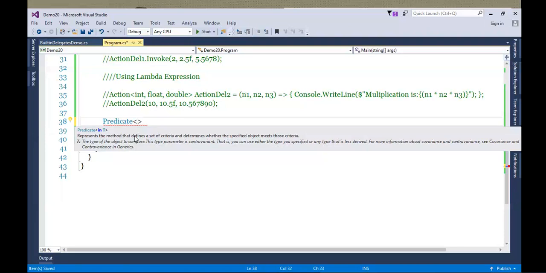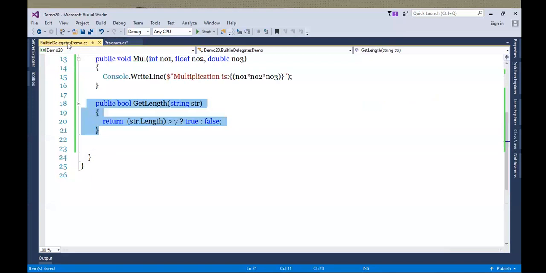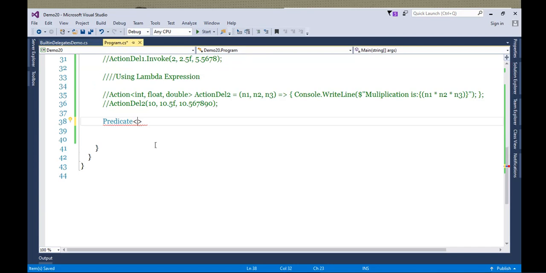Okay, and what it is suggesting me, the type of object to compare. Okay, so you may write any method over here, whatever the method you want to write. Already I wrote getLength method, let's use it.